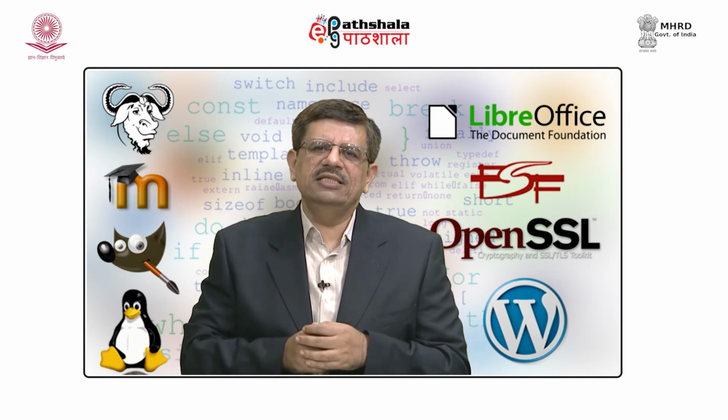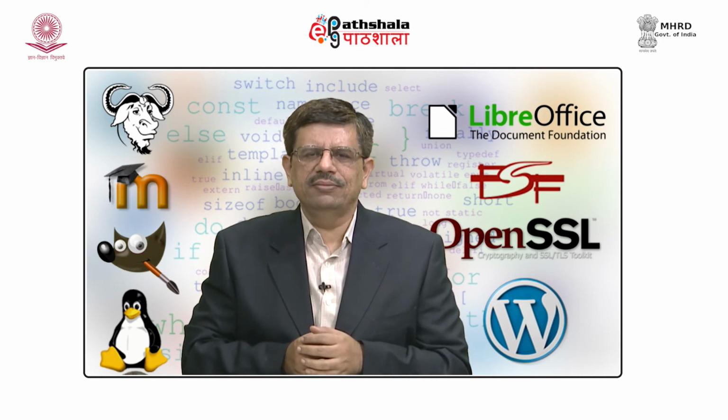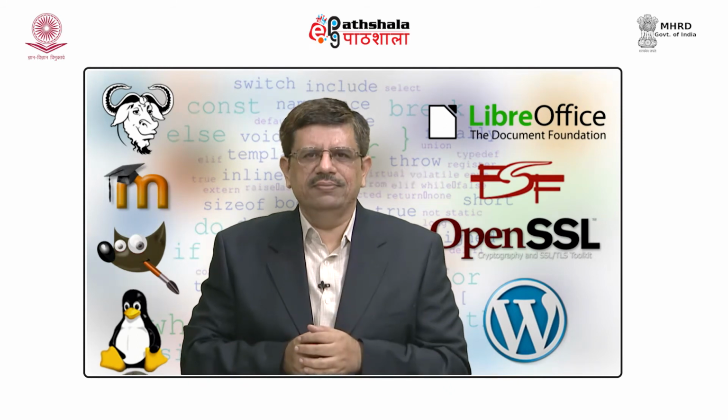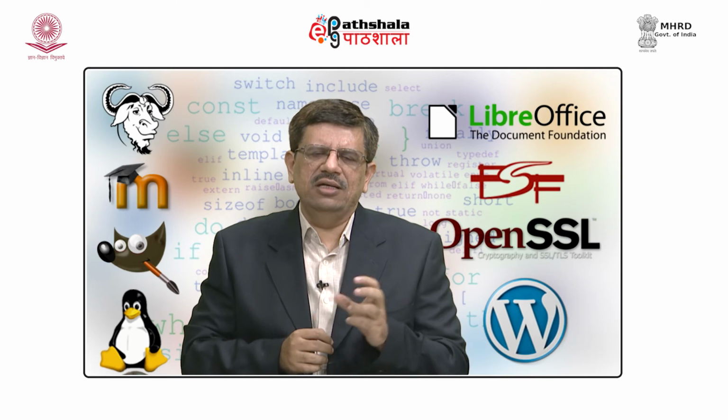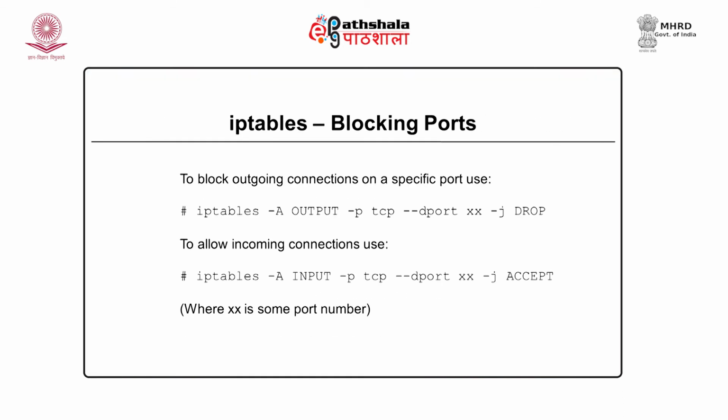So, one way is you can block or unblock IP addresses using a firewall. The other way is we can either block or unblock port numbers. So, let us see how we can block or unblock port numbers for a given firewall. Now, as you can see on the screen, this is how we can block or unblock port numbers. We specify the port number.